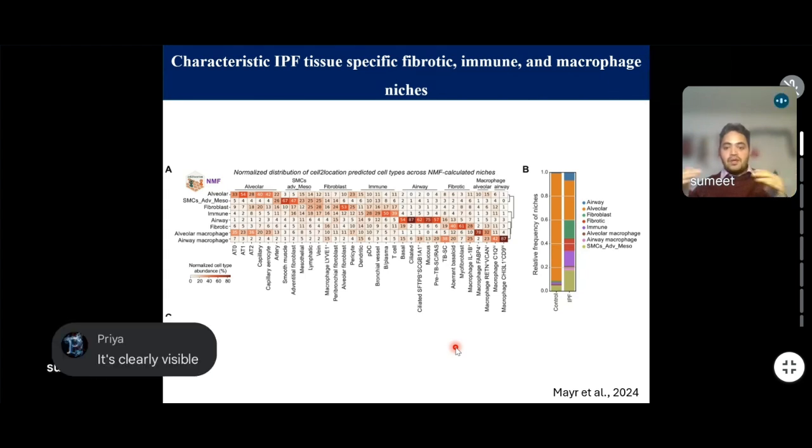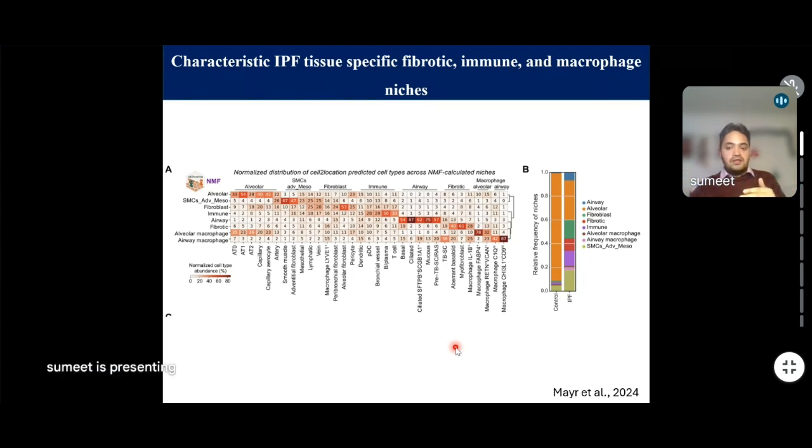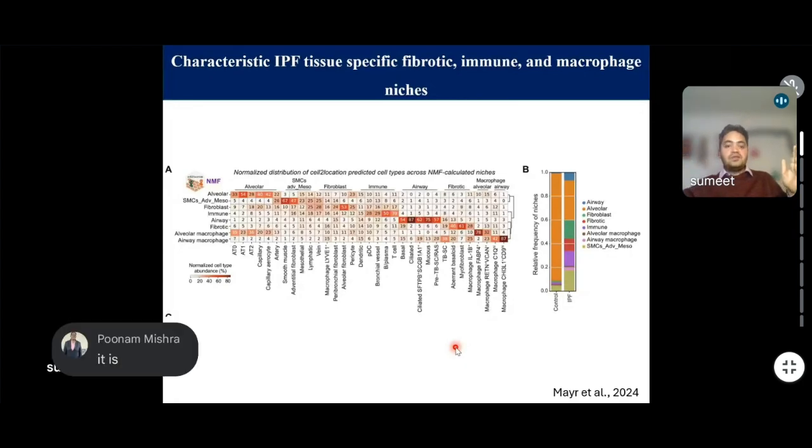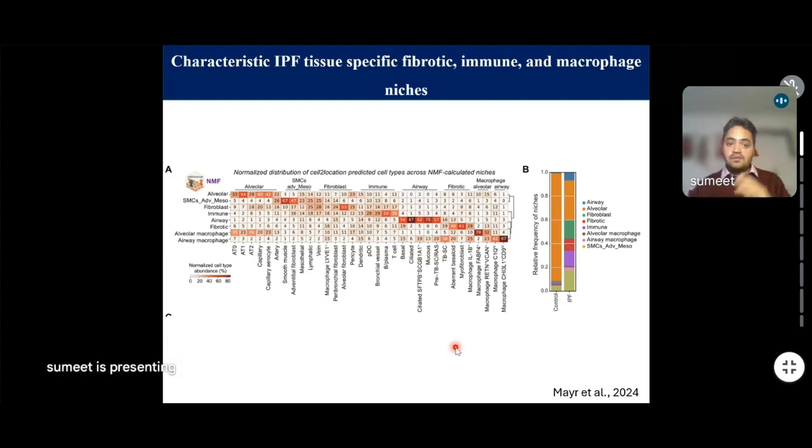At the same time, because we have the tissue level information, now we can categorize the patient based on how much fibrosis they have. So we can look into the patient and say, okay, this is an early phase disease, this is the late phase, and maybe this is something which is much more terminal. Or we can say, because there is a lot of fibrosis, we can give them this drug. Because there is less fibrosis, maybe we just need to give some immunosuppressant to these patients, and we don't need